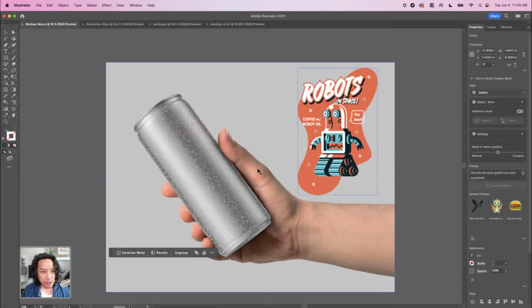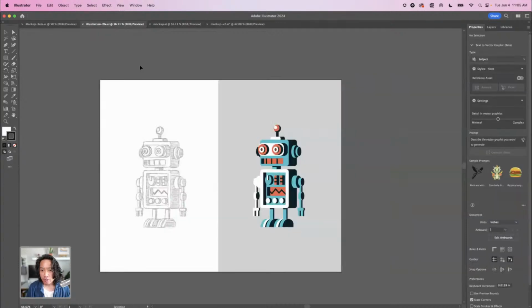Cool. So if I go over to my illustration file here, I'm going to just go over the process. This is how I make these illustrations. Let me just go over to my